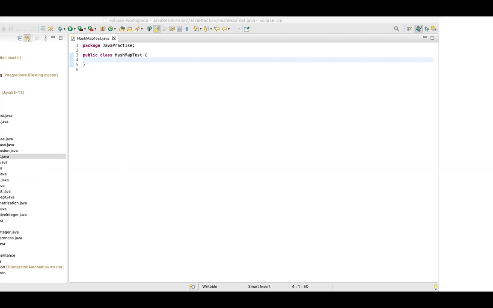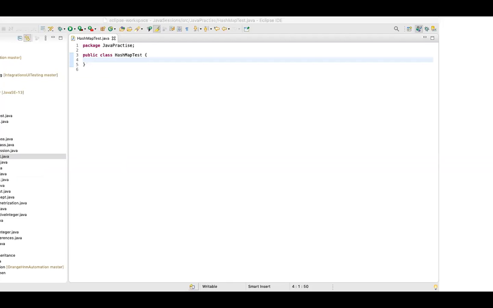Why is map not in collection? Because the basic working of collection is different from the working of map. Collection stores multiple elements, but only the value of each element.